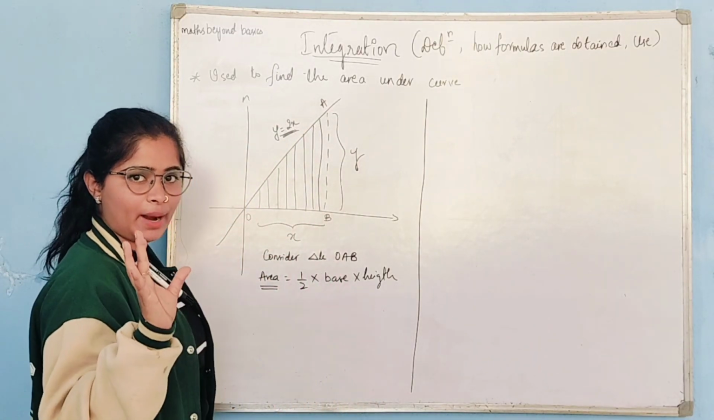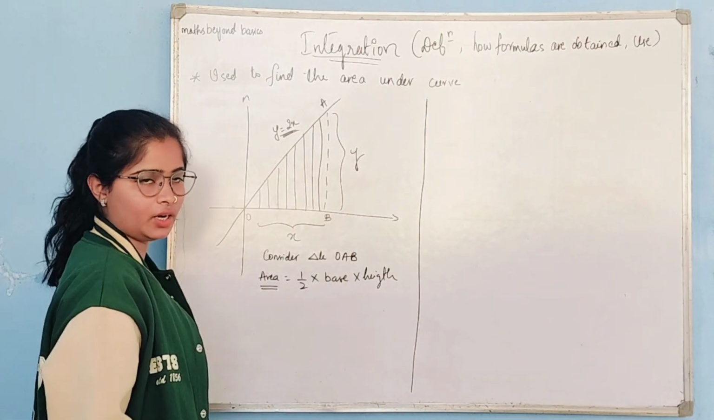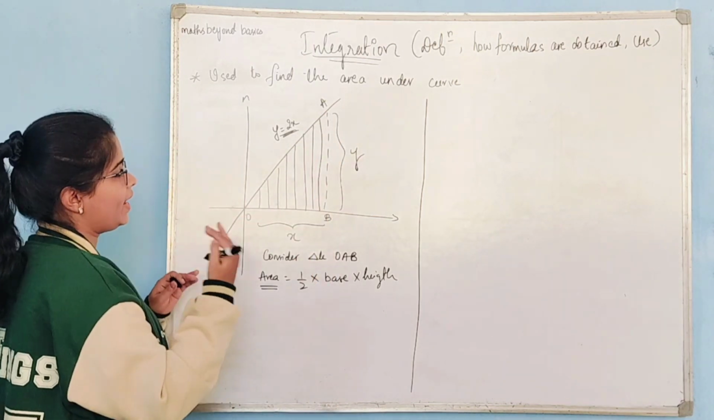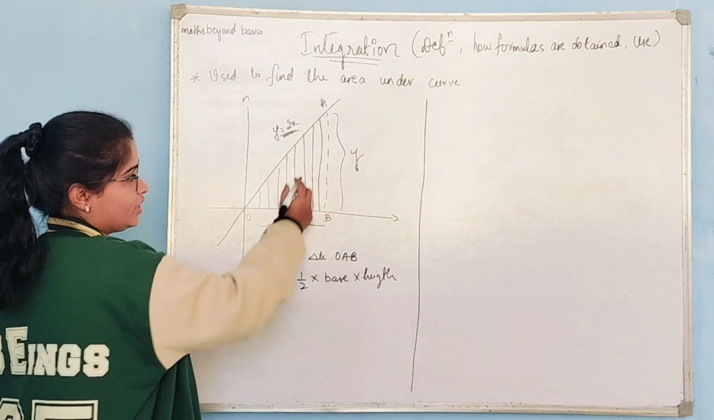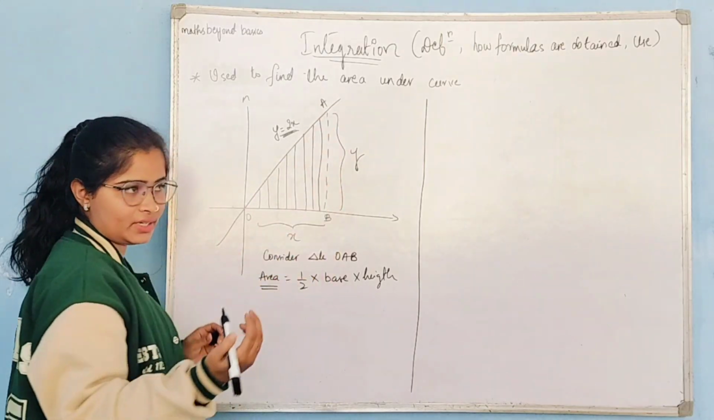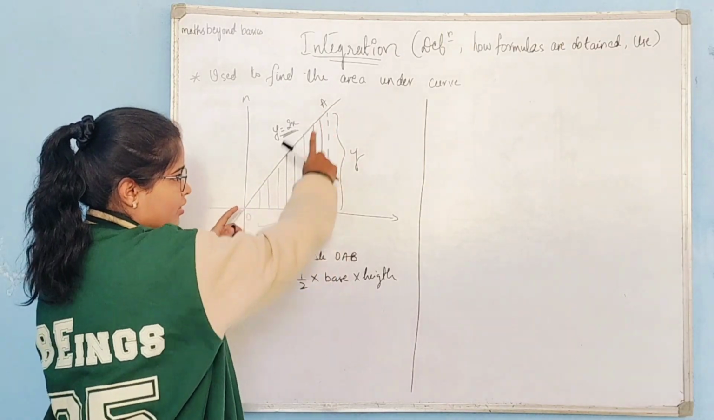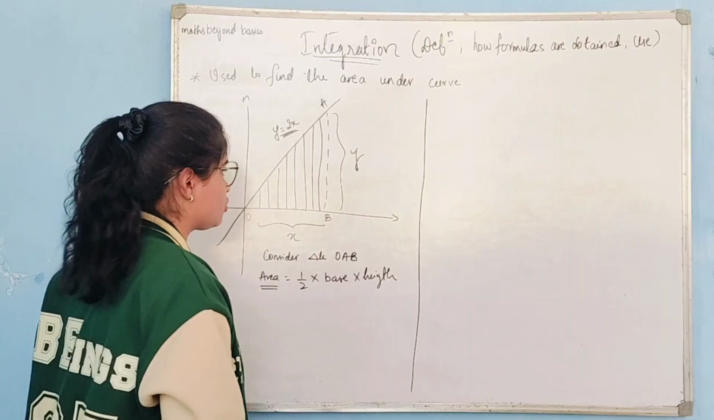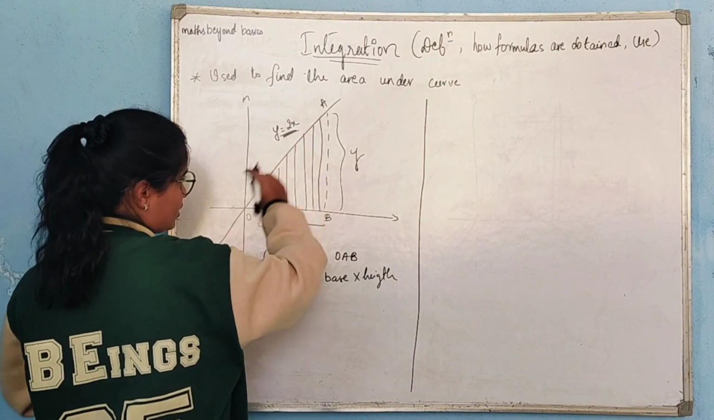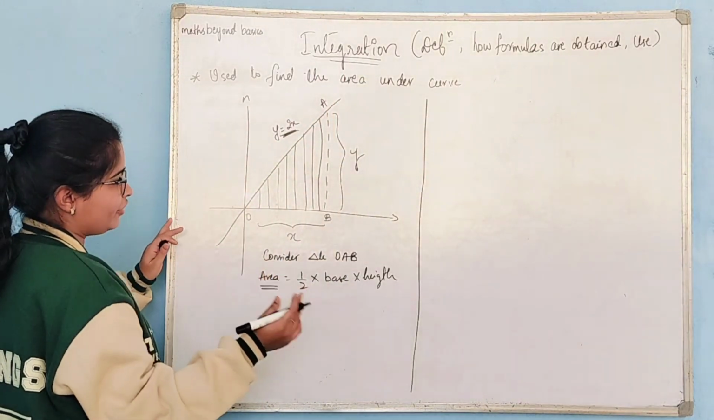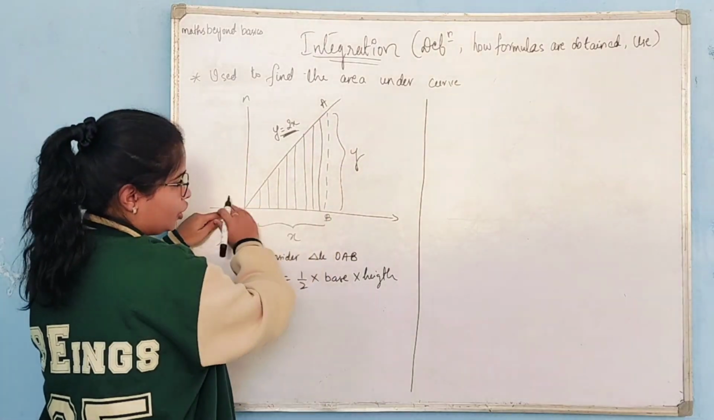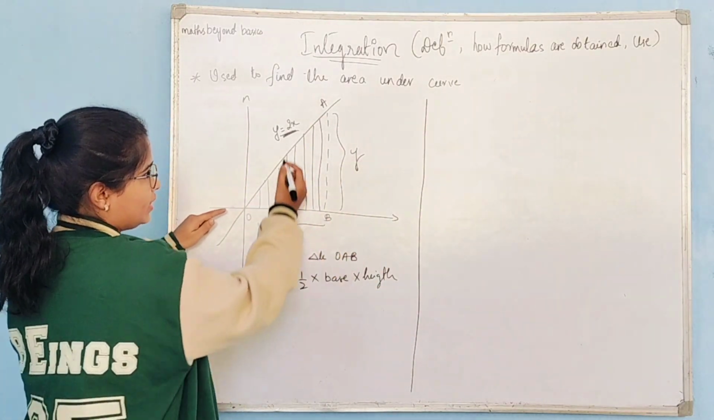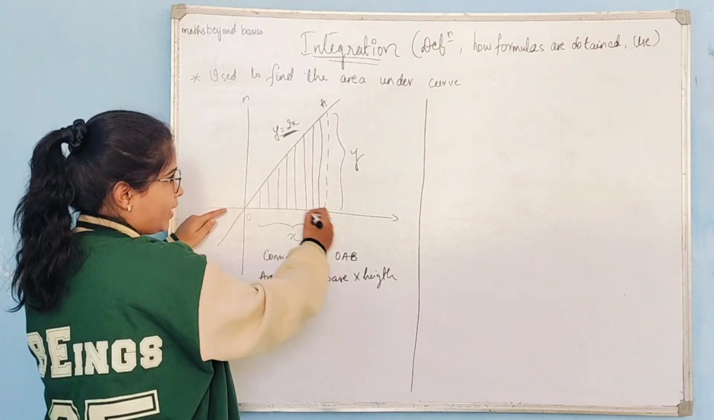To understand this, I am taking a simple example of a curve y is equals to 2x, and now I am interested in finding the area under this curve. The shaded region is where I am interested in. The area of the shaded region is what I am interested in. So y is equals to 2x is the curve that I have considered, and if you join OB, which is perpendicular to the x axis, you will see that OAB is a triangle,